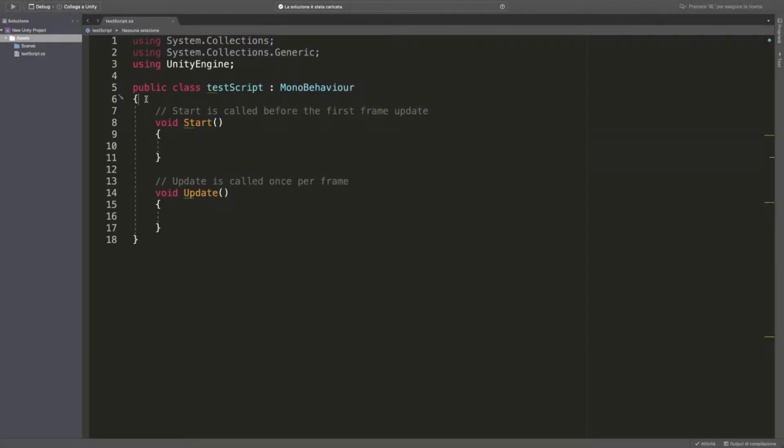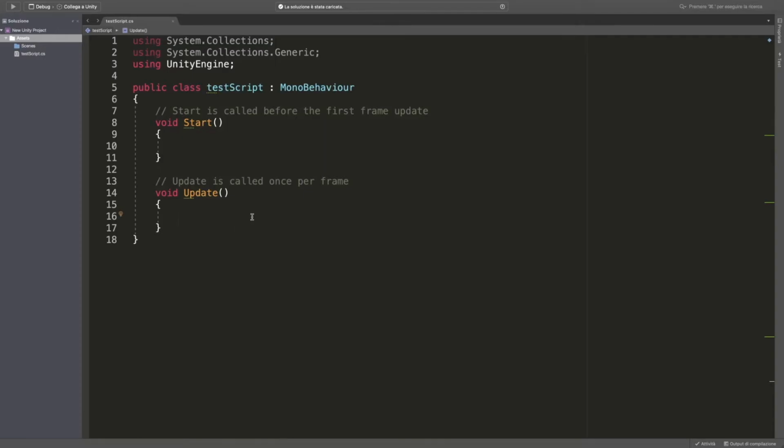Okay, now let's see these code blocks, void Start and void Update. These are called methods that get active in certain moments. The void Start, as you can intuit from the name, gets active when you start the game in the first frame. It's used to initialize things and prepare the scene as you want. The void Update is a method which executes code in every frame of the game, so it's continuously active. It's fundamental for instructions like the player movement because the game must recognize in every moment if you are pressing